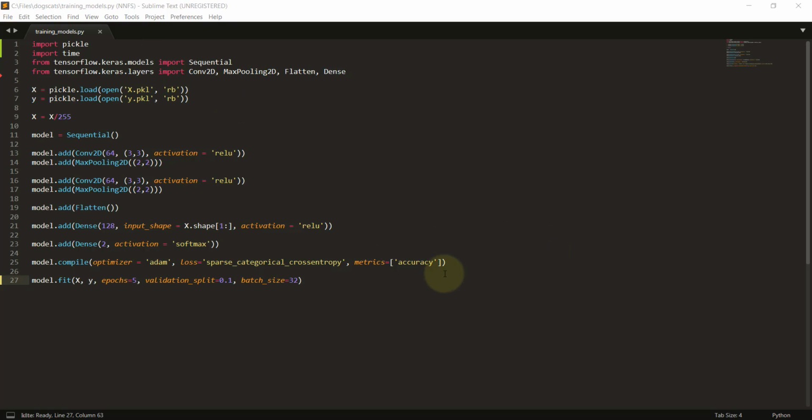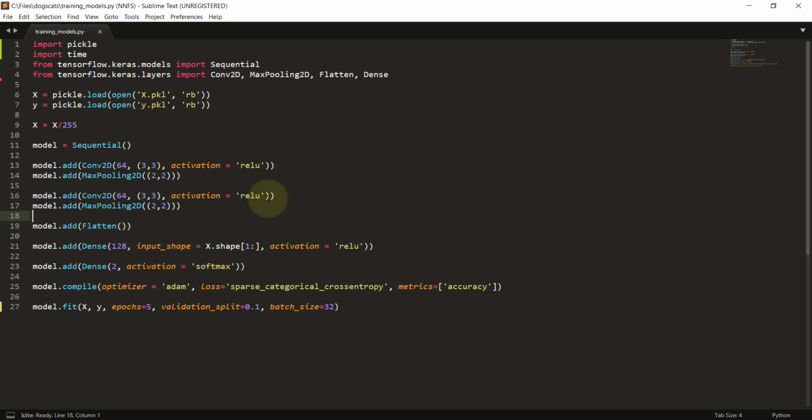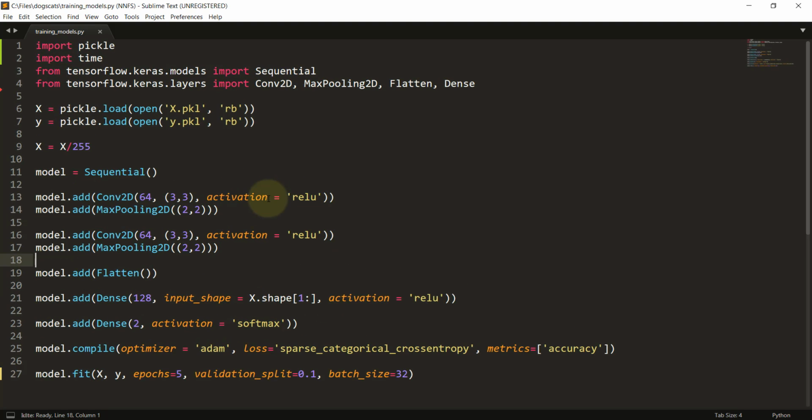So I've just written some code, which is actually the code that was in the Jupyter notebook that we saw in the last video. I just transferred that code into this Sublime text. I'll zoom in a bit. There is nothing fancy or new in this code. It is exactly the same as in the Jupyter notebook. I just pasted it in Sublime text so that it will be easy for us when we are running it.